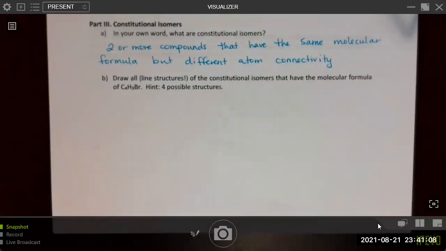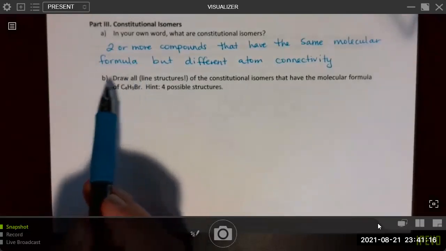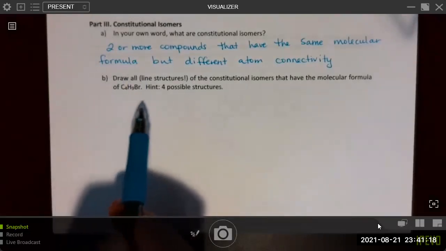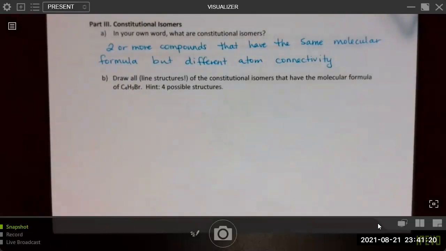So the hint is really helpful, so we don't just think, oh, could there be more? If we can get to 4, then we know that we're done. So what I would recommend doing is start with the hydrogen deficiency index. If we calculate the hydrogen deficiency index, we should get 0 or a positive whole number.